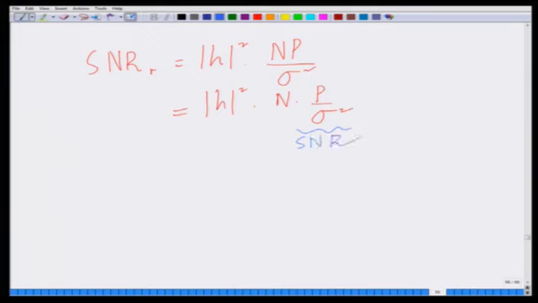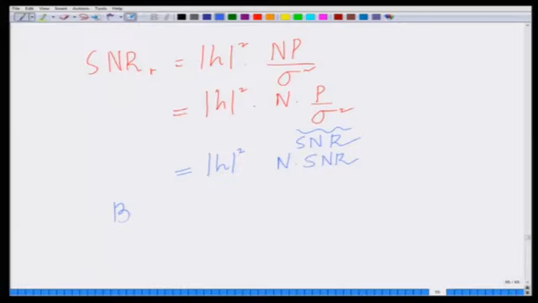So, this is basically magnitude of h square times n, which is the processing gain, times our SNR. This is the same expression as before that we have seen for the relay fading channel, except instead of SNR we have n times SNR. Therefore, the bit error rate, using the same expression as before for the bit error rate of a BPSK system